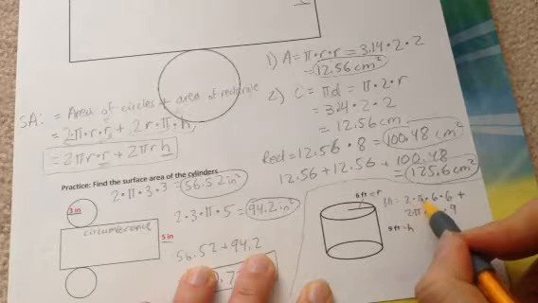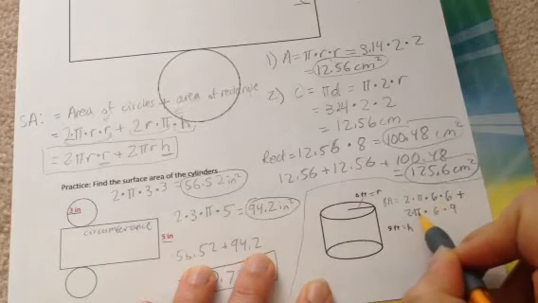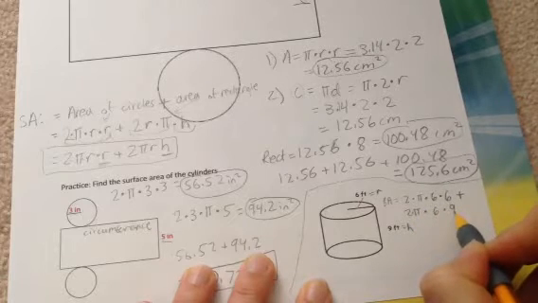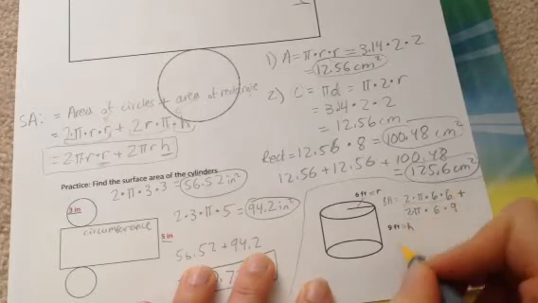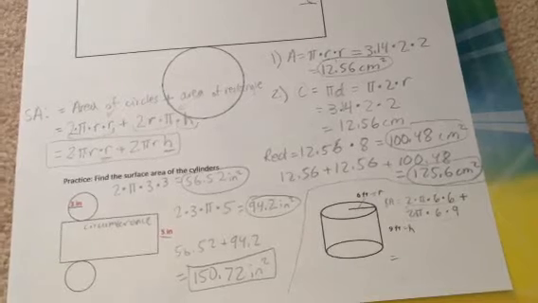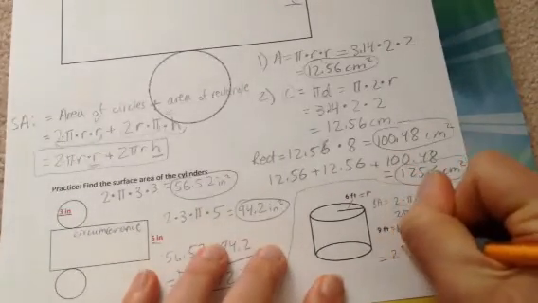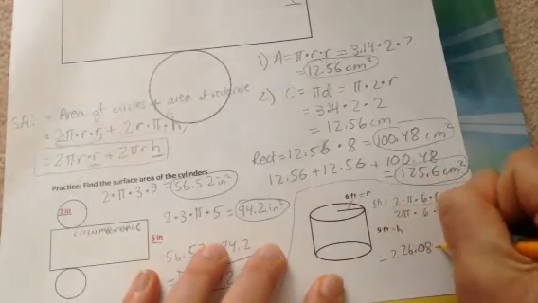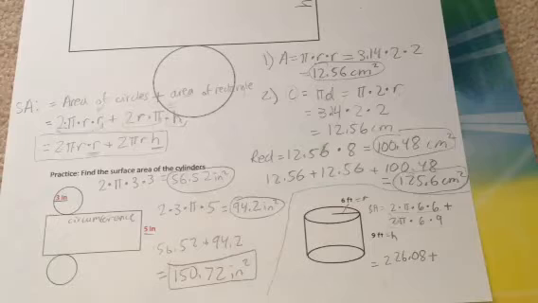So 2 times pi times 6 times 6 plus 2 times pi times 6 times 9. So make sure you multiply all these together and then all these together before you add. So we'll go ahead and solve. So 2 times 3.14 times 6 times 6, which is 226.08 plus 2 times 3.14 times 6 times 9, which is